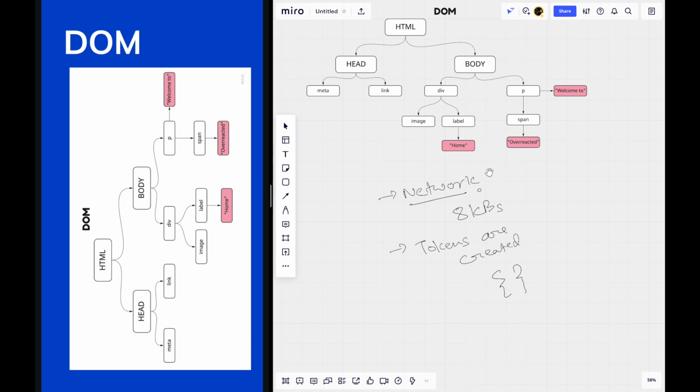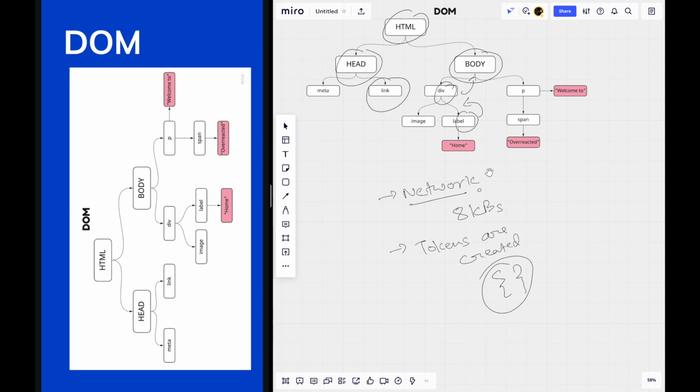These hold the information of the elements and the relationship between any two nodes, such as the div is the child element of the body here. Similarly, this label is a child element of div. So this kind of information is held in these objects, and these objects act as nodes. Each of these, body, head, HTML, link, is a node for the Document Object Model. These act as nodes in this tree, and in this manner a DOM tree is created.